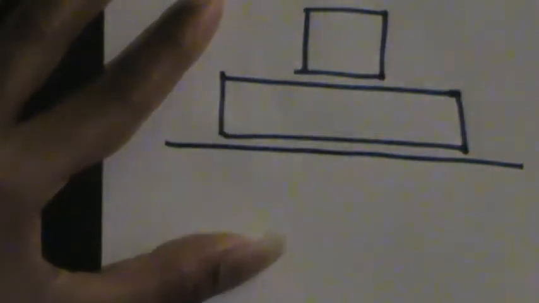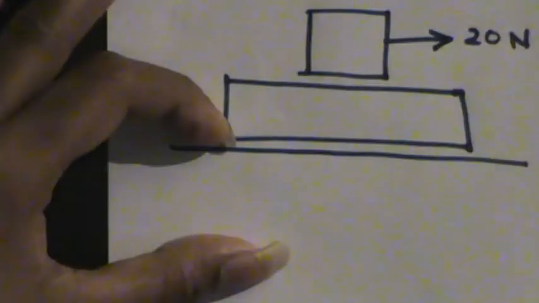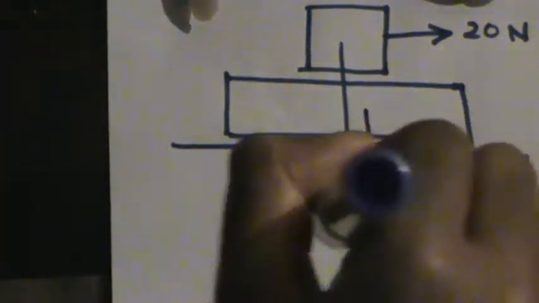So let's find out. Alright, so I'll take the same two objects like this, and I'll put it on a plane. So the friction is present only between the two objects. I'll put a force, say 20 newtons. This mass is 4 kilograms, so its weight will be 4g. And this mass is 10 kilograms, its weight will be, I took as 10, so it will be 10g.